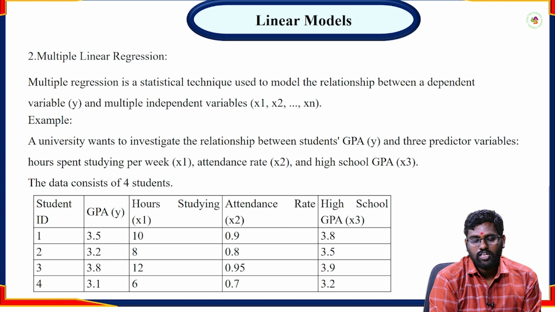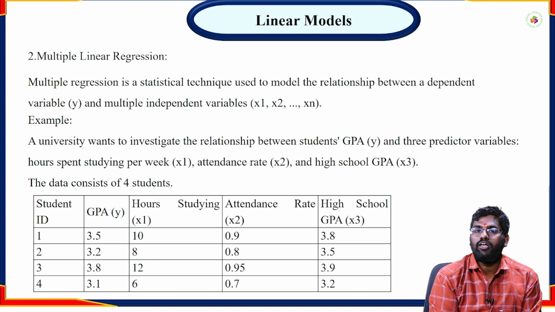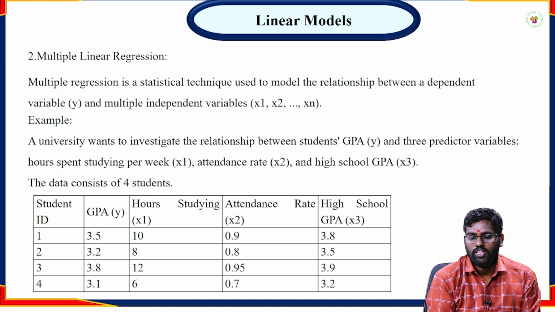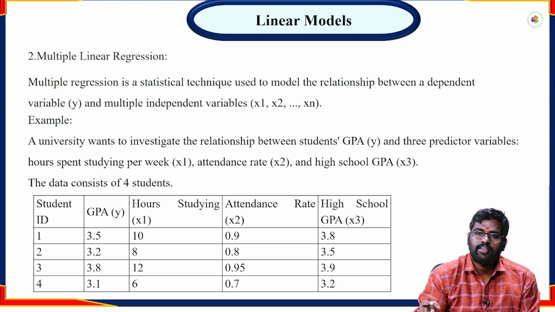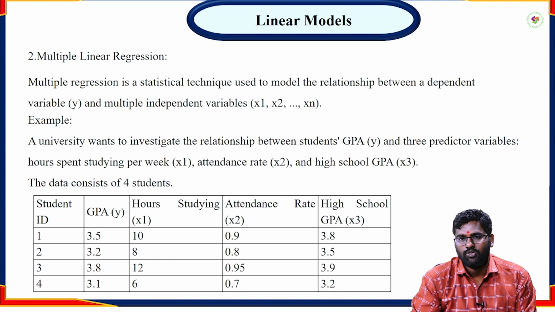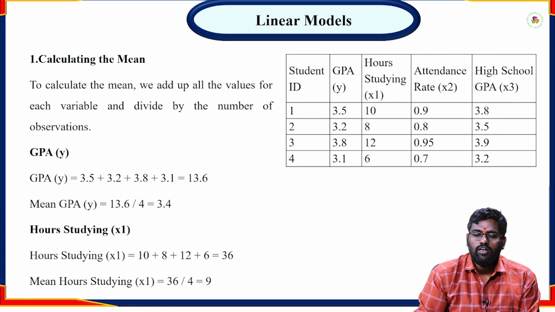So in multiple linear regression, y is our GPA, so that means only one dependent variable, and x1, x2, x3 are our studying, attendance rate and high school score. These three are our variables, just like multiple independent variables x1, x2, x3. Whenever we change the line continuously based on our conditions and the attribute values,